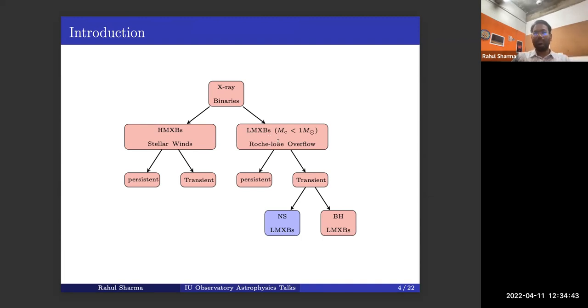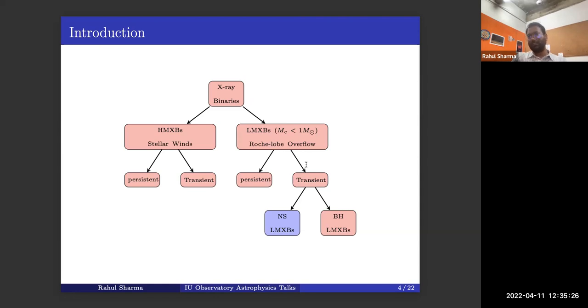They are further classified by how they are observed. Are they observed in the transient state, or persistently? Persistent systems are those that we see in the on state since their discovery, that is, we always see X-rays coming from those sources. Persistent sources can be in both classes, low mass X-ray binaries and high mass X-ray binaries. Transient systems are those which are generally not observed for a very short time or for a long time, but suddenly they show erratic behavior and X-ray emission. These are the transient sources.